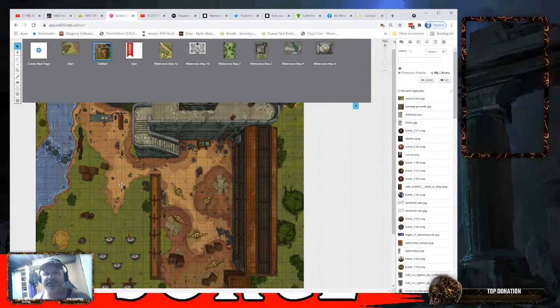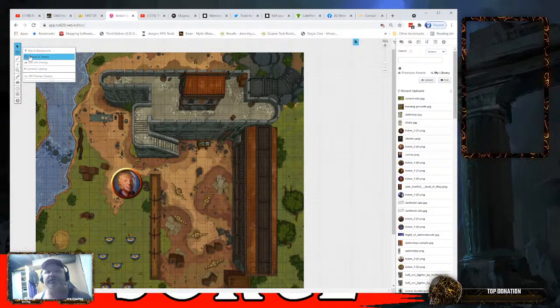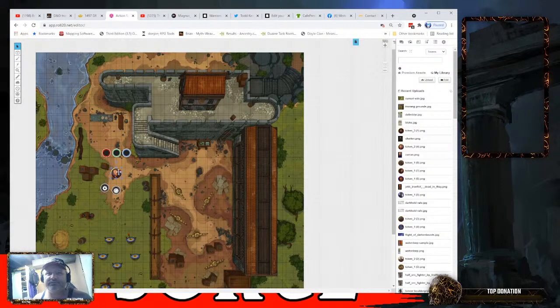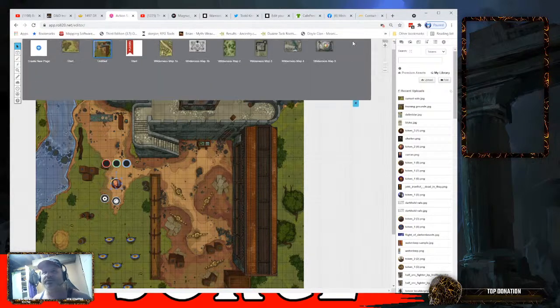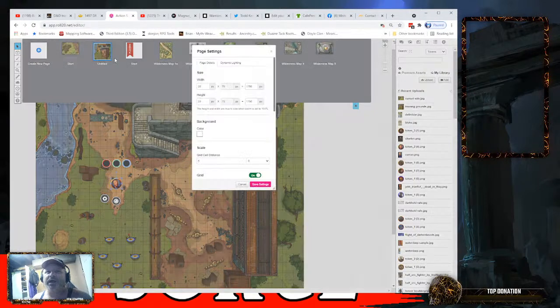I'll show you a token real quick. If you put a token on here, put it on the token layer, because that would be important. So if you put a token on here, this is about the size of a token. Like that would be one grid square. However, you see how it's overlapping the other grid squares. That can cause a lot of confusion to players while they're trying to move their tokens, because they don't know really where they can move. So you can make your grid a different color if you want, and that might help alleviate some of the confusion. But what I like to do is increase the size a bit here,